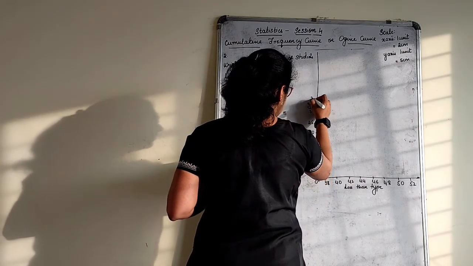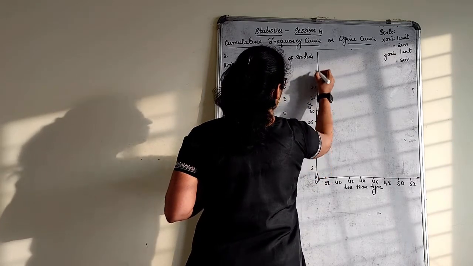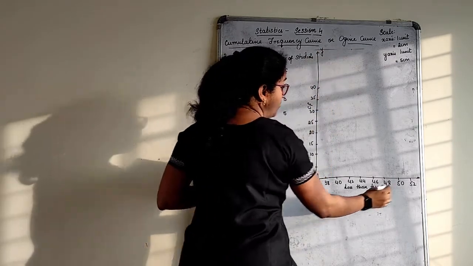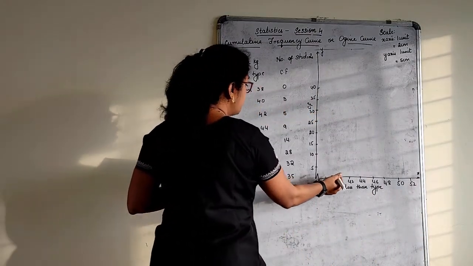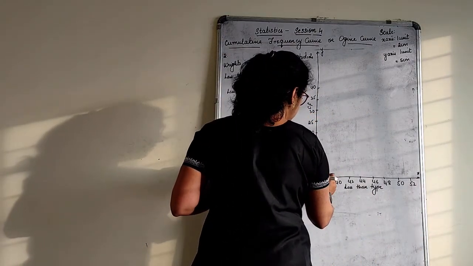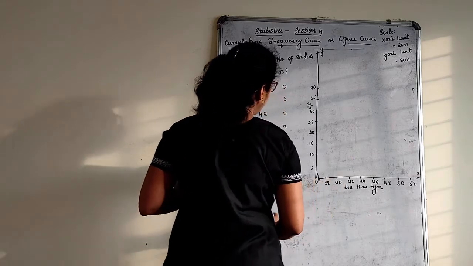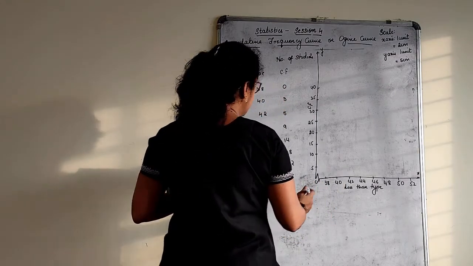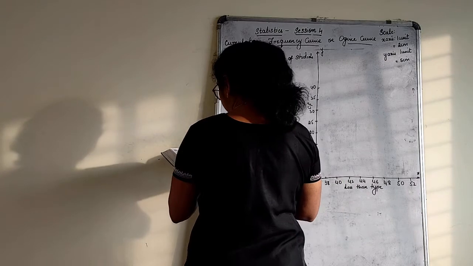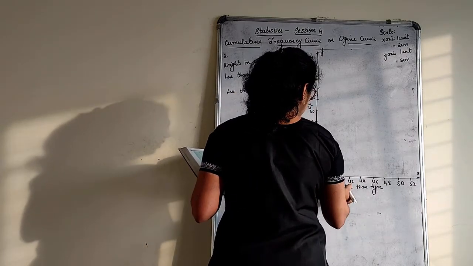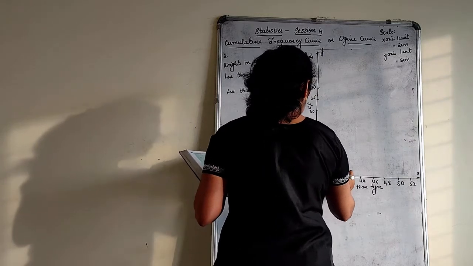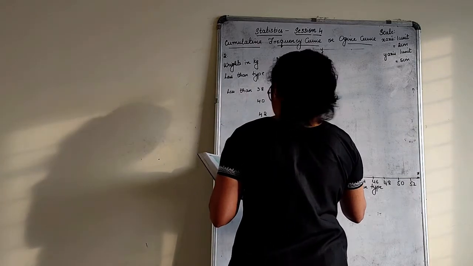25, 30, 35, 40. Y-axis. Always remember to mark X and Y-axis. 38, 0. It comes here only. Keep it here at 0 because it starts from here. Then 40, it is 3. So 38, 0 means we'll start from 38 point only. 40, it is 3. It comes somewhere here.